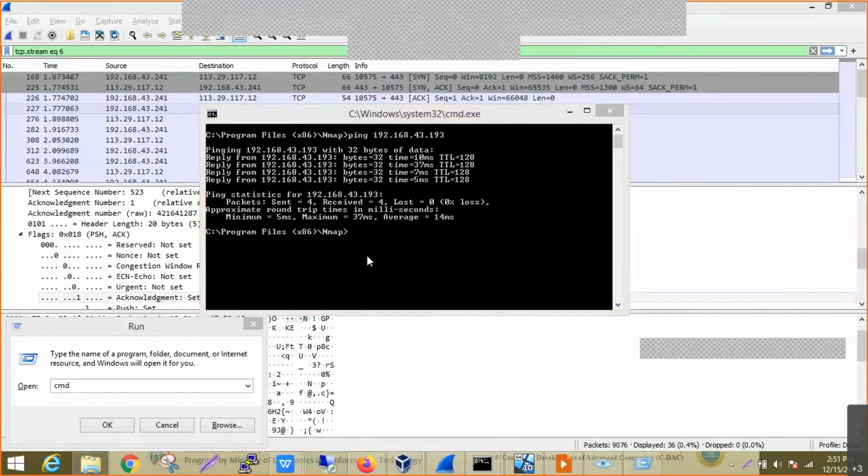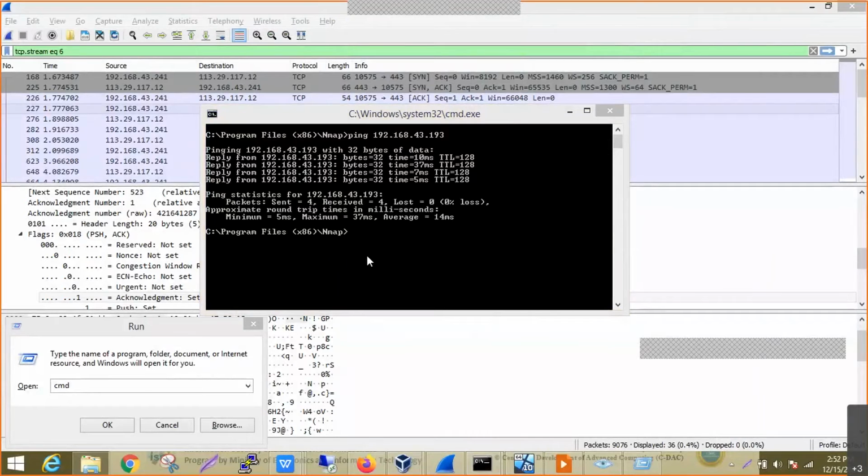Okay, the connection is established with the target IP. Now we'll use this target to perform the scanning techniques.